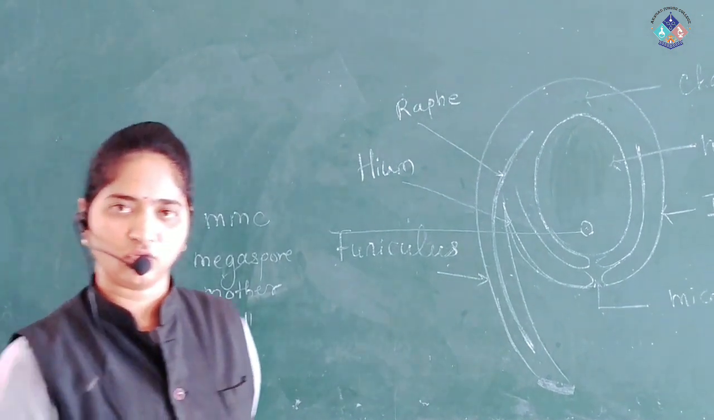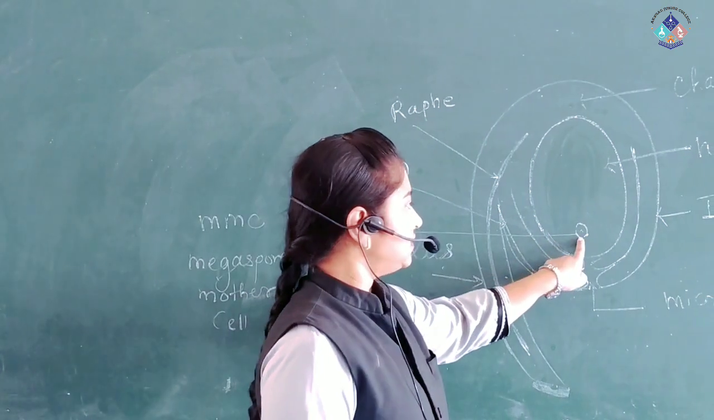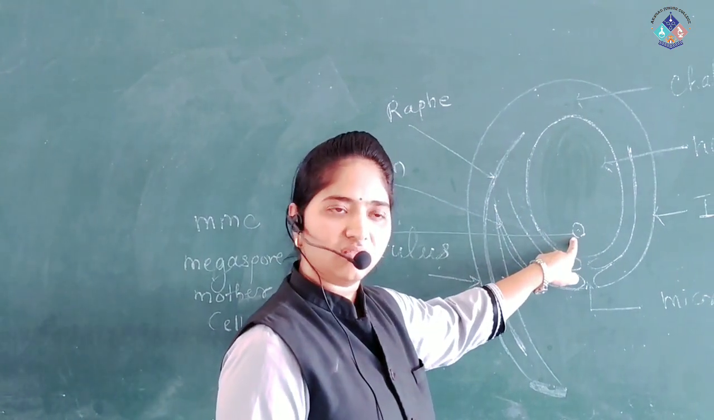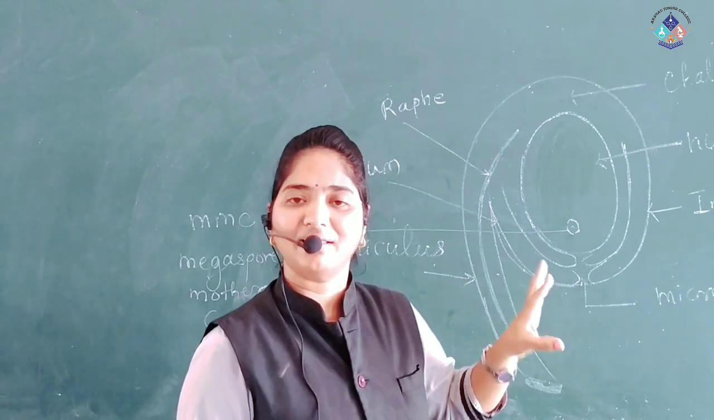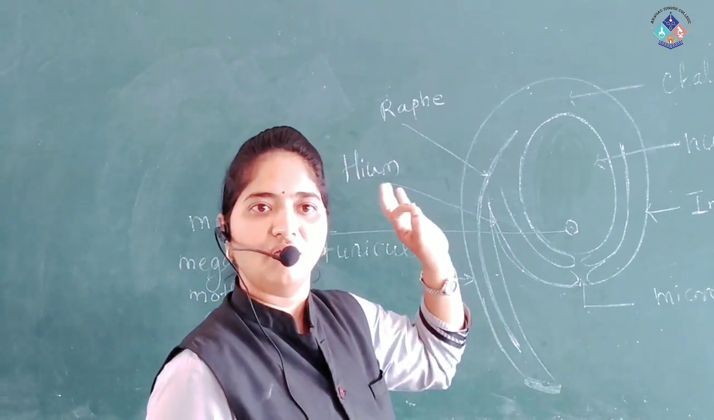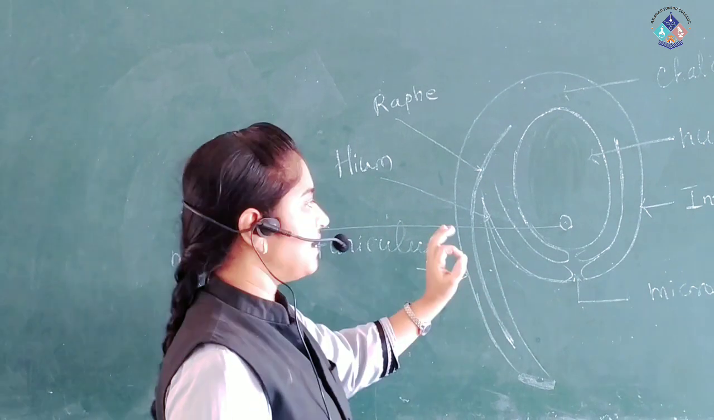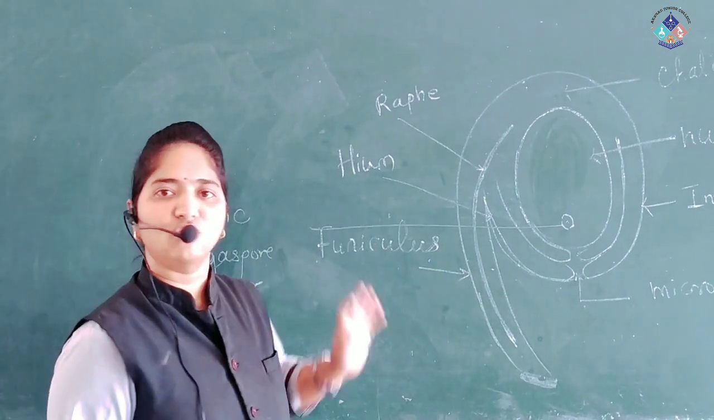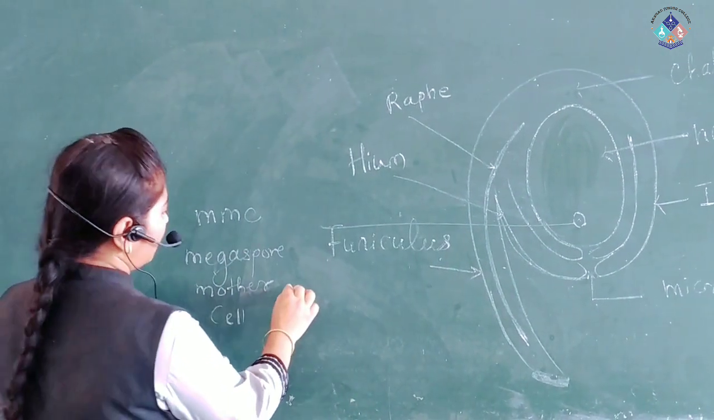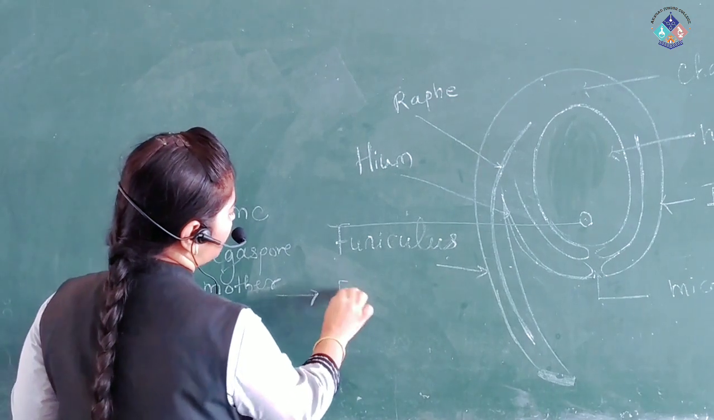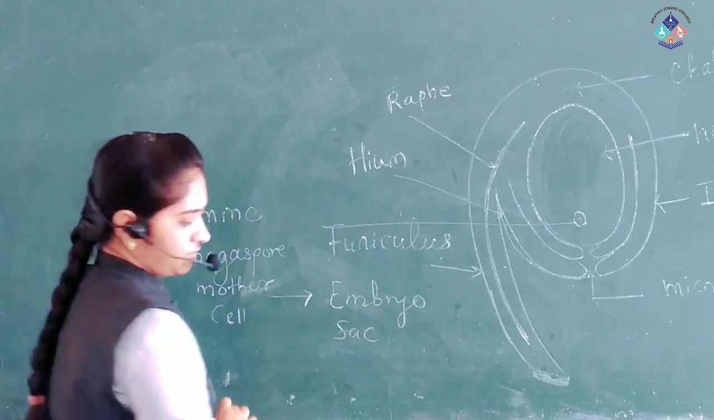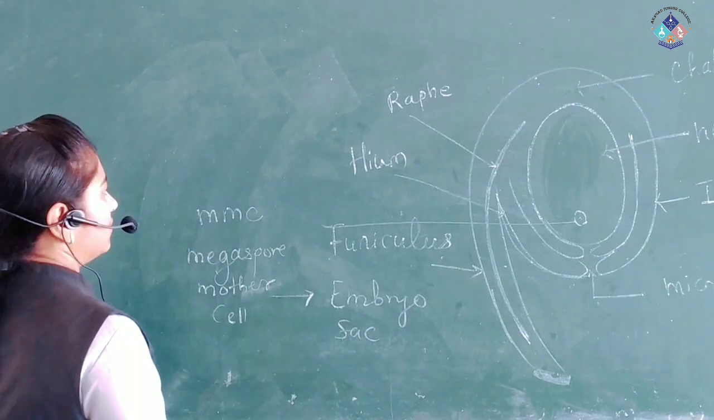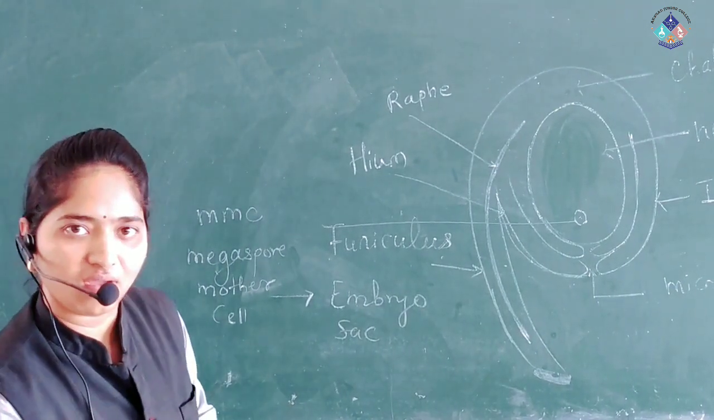Megaspore mother cell. From this cell there is a formation of the female gametophyte, and the ovule becomes mature. The female gametophyte is called the embryo sac. From the megaspore mother cell there is a formation of the embryo sac. We'll see how it will form. So, did you get the point? Again, we'll explain